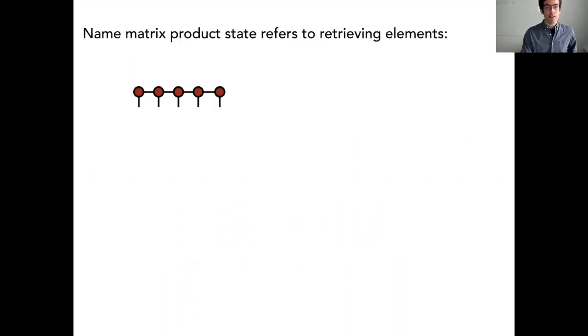Okay, so briefly, why is it called a matrix product state? This is just because the original understanding early on, in the 80s in a few papers, was that it's a way of recovering tensor elements by multiplying a bunch of matrices together. So let's say I have this tensor and it's defined by this MPS, or approximated by this MPS. Let me recover the 0, 1, 1, 0, 1 entry of this tensor. So I set those indices temporarily to these fixed values. So those indices are gone because they're set.